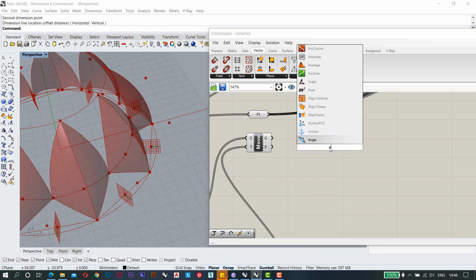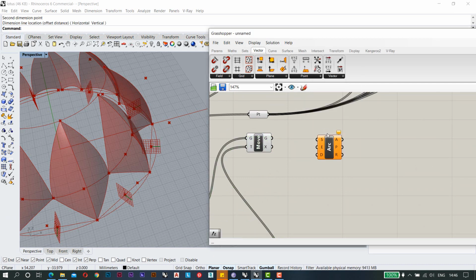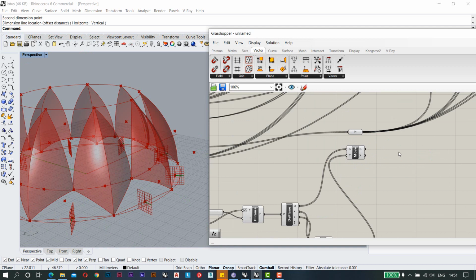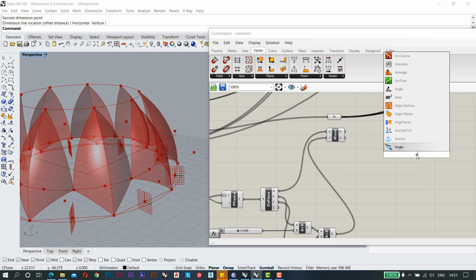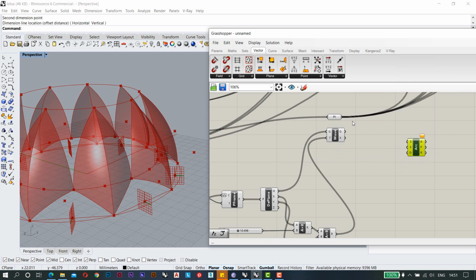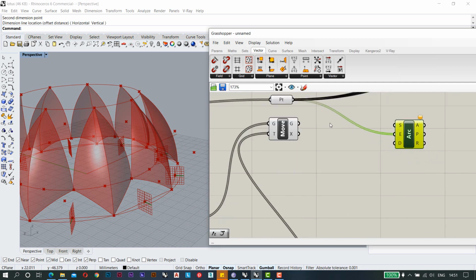I will again use arc, which needs start, end and direction. So I'm just going to put this point in the end. Make sure that you put the points in the same way that I am putting it.